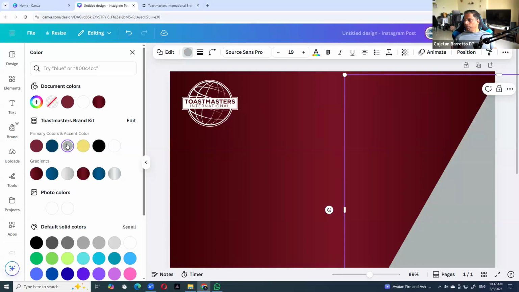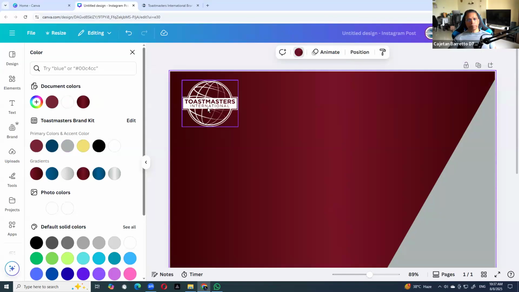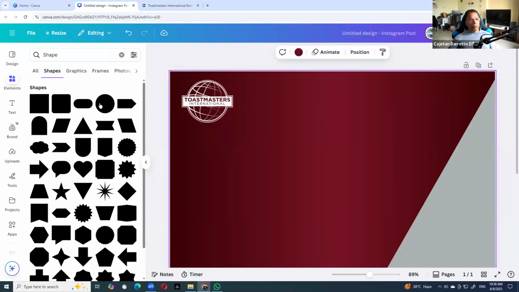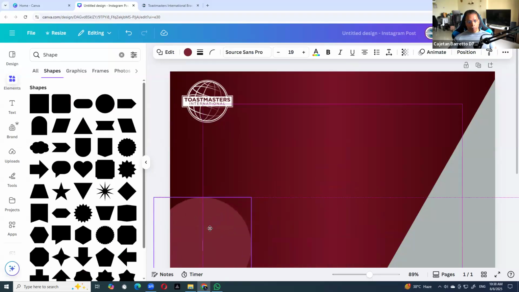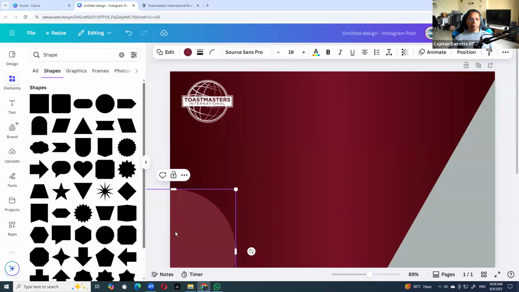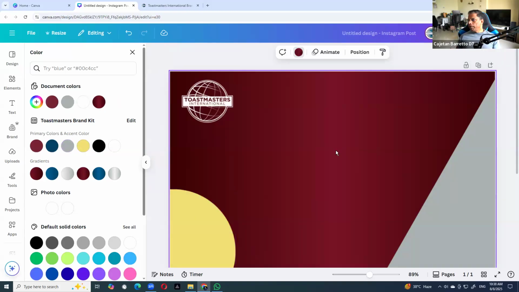You can start playing with these shapes, right, to give you that impact that you want in your design. Feel free to use shapes in any form or any combination to make it look interesting. Click the shape, use the right color, and start playing around with that.